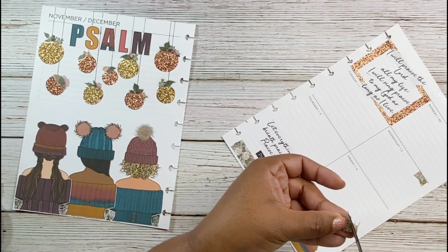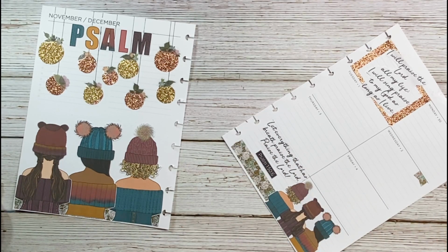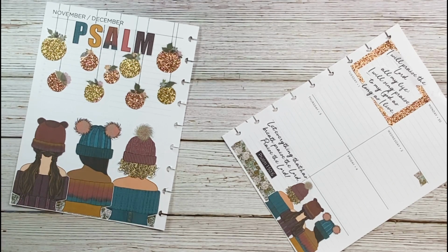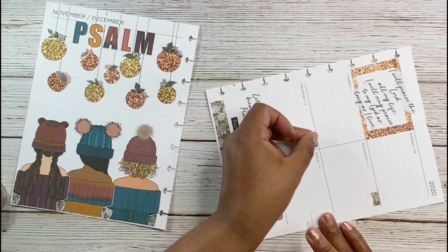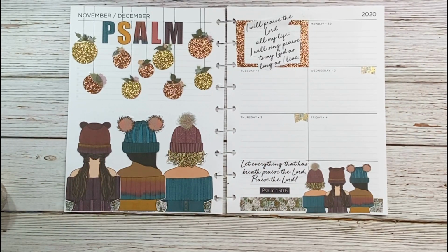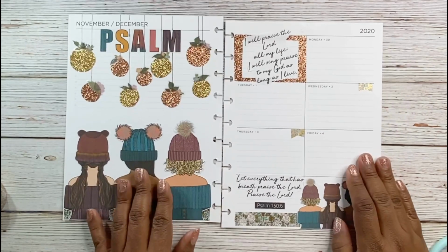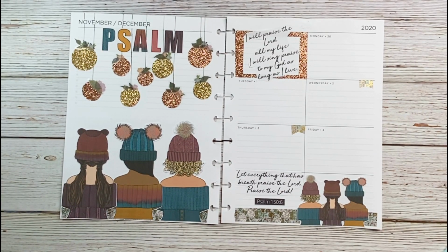And then also I am using the Planner Society washi tape that I got a couple of years ago, and I thought that was pretty as a foundation to both of the pages for the doll. I put it on the left hand side before I put down the dolls, and then I'm also doing that on the right hand side, but you can see it more on the right hand side. And then I just created some flags to put on the different rows there. I didn't want to take up a lot of room with a lot of decoration,